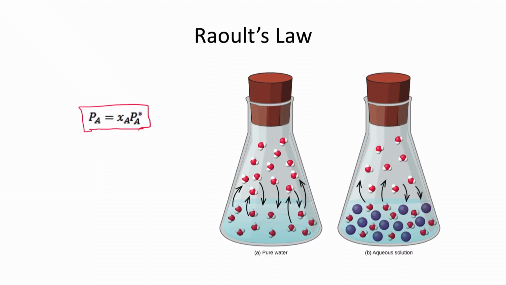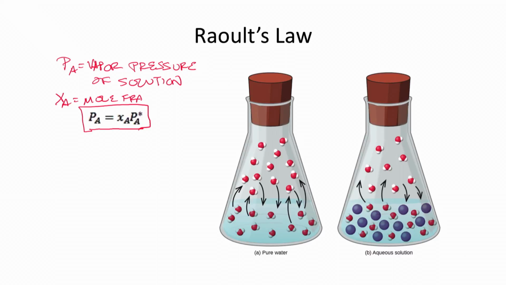Okay, and so in this equation, PA is equal to the vapor pressure of solution, XA is equal to the mole fraction of a solvent, and PA star is equal to the vapor pressure of pure